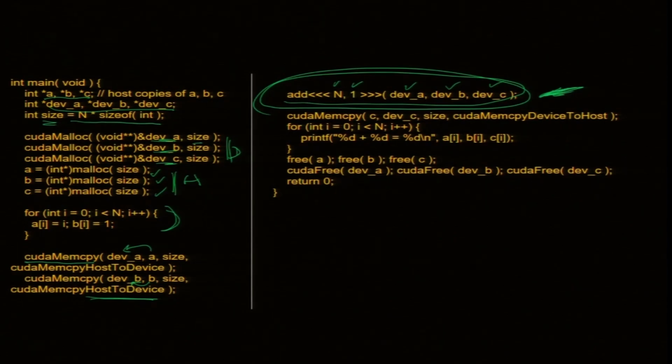Then my result is now in C, inside the GPU, dev C, the result is here. Then I need to bring it back to host. So, dev C to C; C is a pointer, dev C is a pointer, we need to pass pointers, and then I print it. The main host is printing it, and free A, B, C, free the CUDA memory, and done. So, this is a CUDA code for arrays.